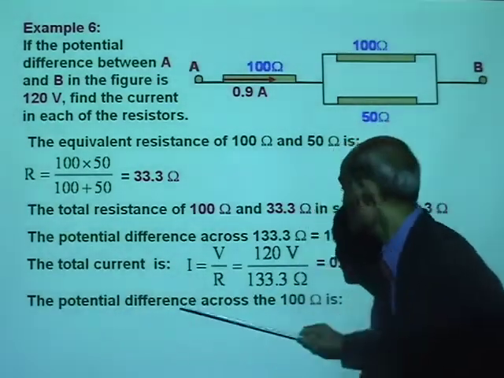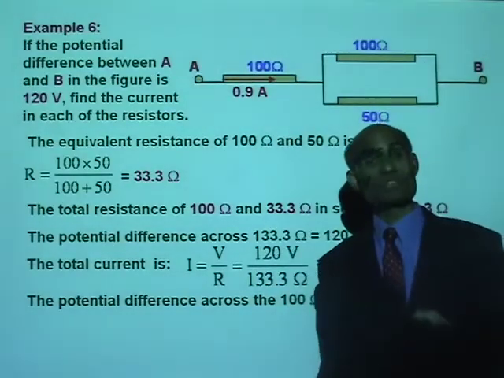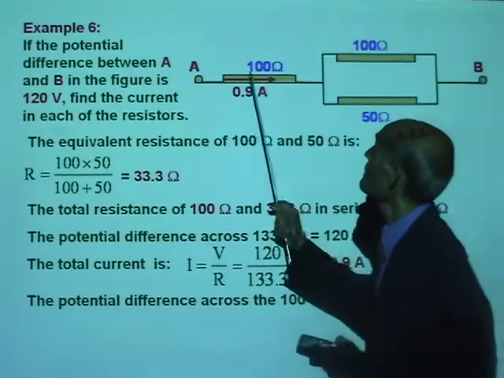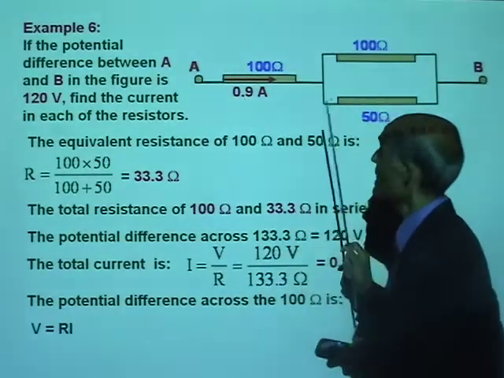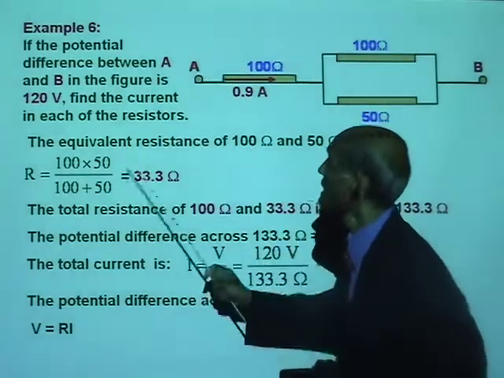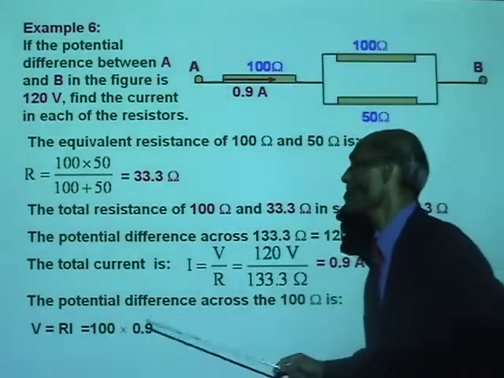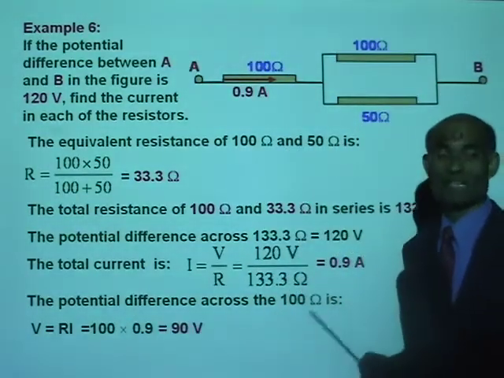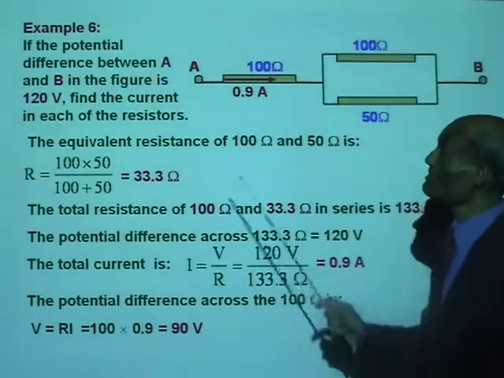The potential difference, therefore, across the 100 ohm. What is the potential difference across the 100 ohm? The current in it is 0.9 ampere. Therefore, the potential difference across that 100 ohm is V equal to IR. That will be 100 times 0.9. That is 90 volt. Alright, tell me, what is the total potential